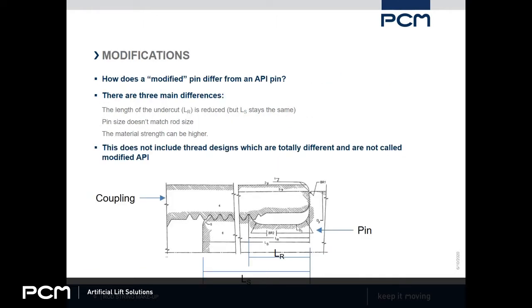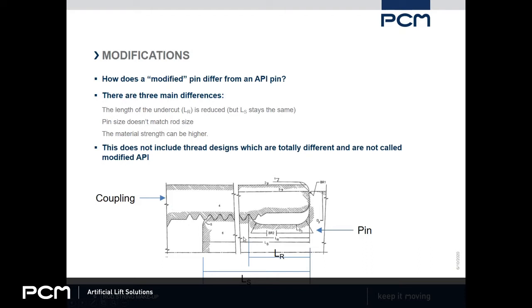So how does a modified pin, so these PCP drive rods out there that have a modified pin, how does it differ from an API pin? Looking at the ones that are still based on the API, like I said, some other companies make ones with tapered threads or square threads and things like that. But most of the ones you'll find on the market are very similar to an API with just a couple of little differences. So the 3 main differences you might see there is the length of the undercut, that's this section here,